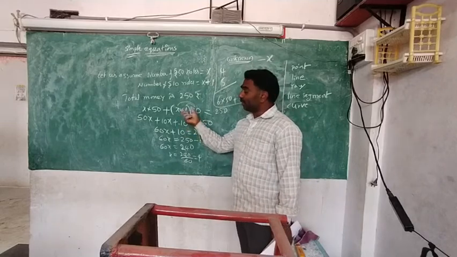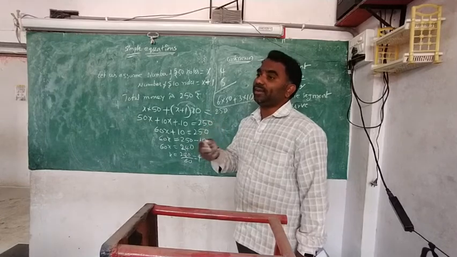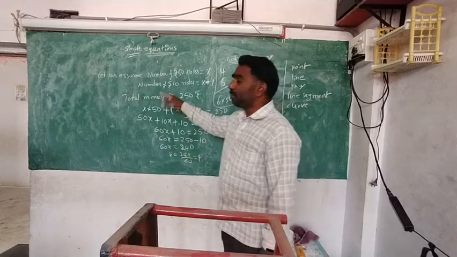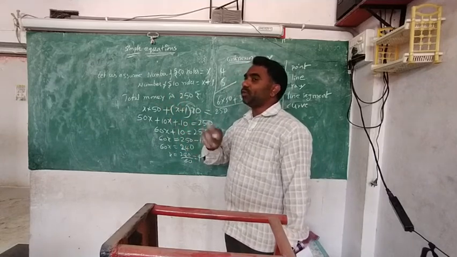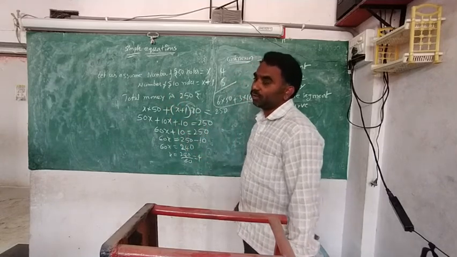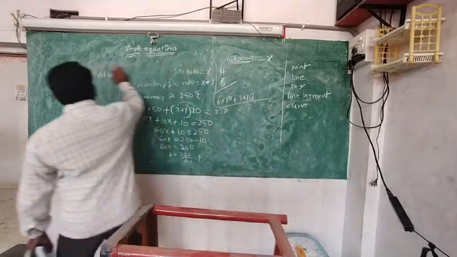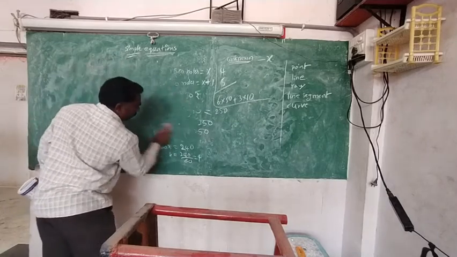Like that, confusions will be there. That's why analyze the problem clearly. You have to understand what it is. Okay, it is total money, not total notes, total money. There is a difference between total money and total notes. Okay, do you understand this now? Yes. Now, fourth question. Fourth situation.